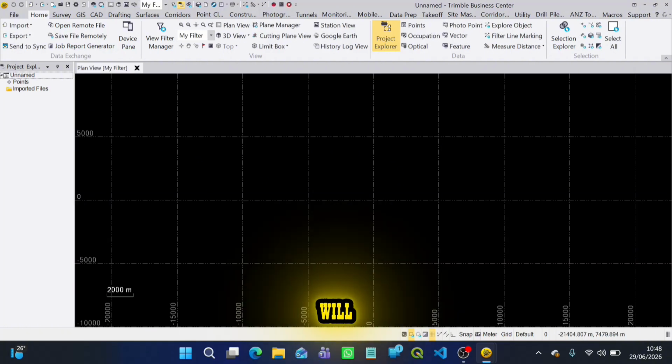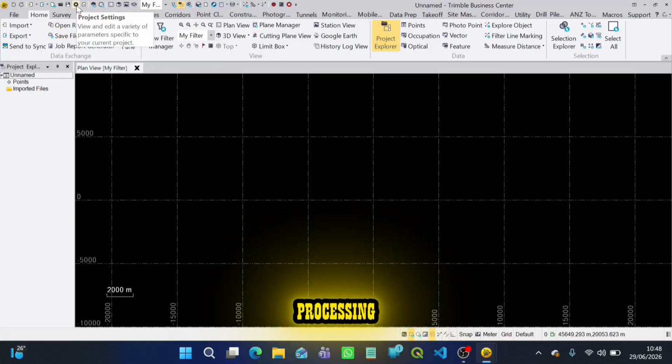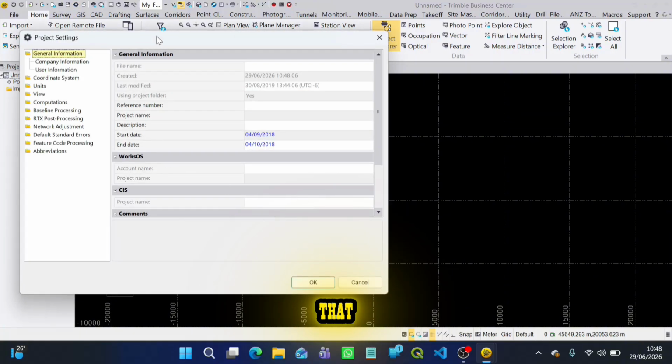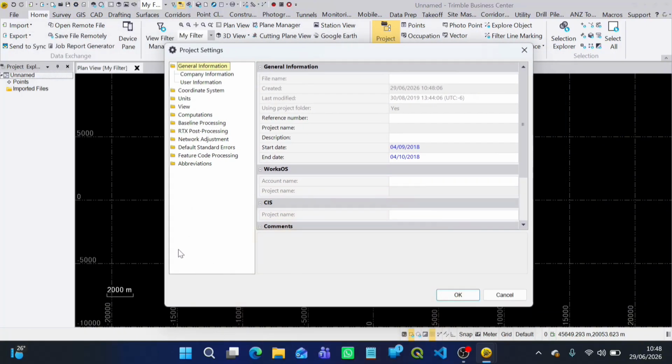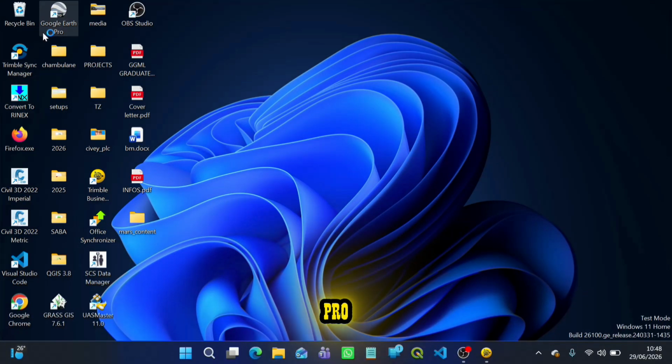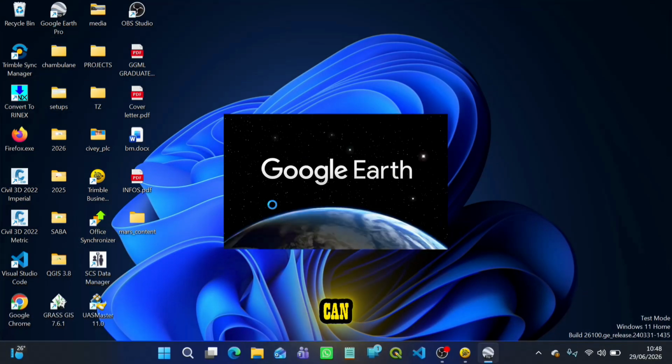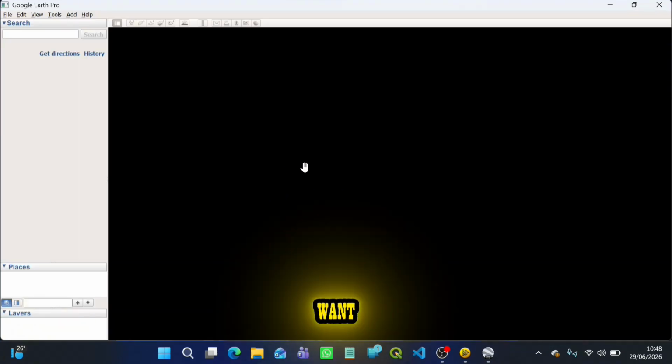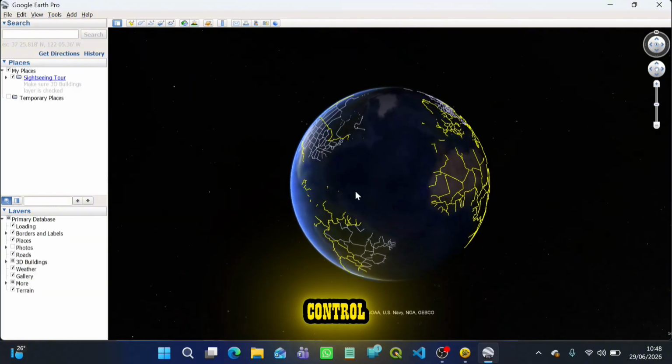After that, we will dive directly into the settings. So we'll come here to processing settings to do some settings. Keep in mind that when we are performing control surveying, we actually deal with different locations. So before that, let me show you in Google Earth Pro. Make sure you have Google Earth Pro so that you can cross-check some issues like what I want to show you here. The geodetic control